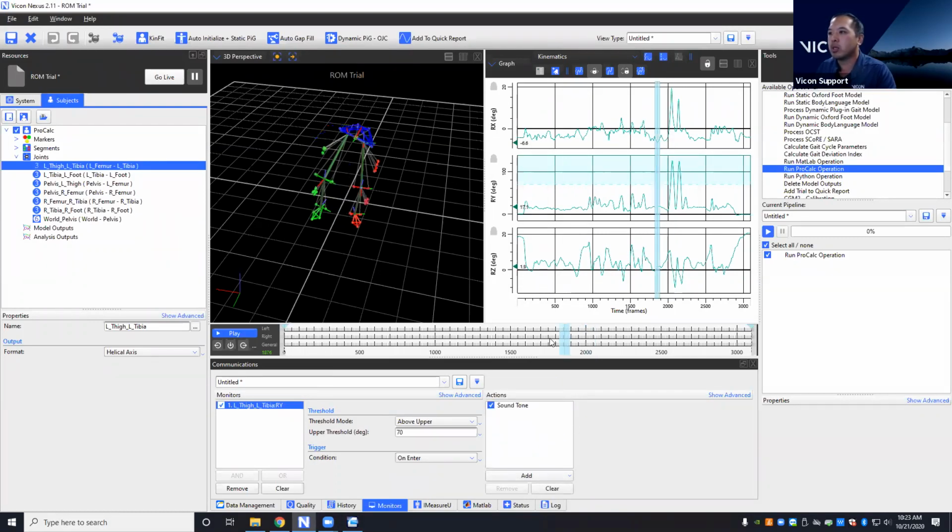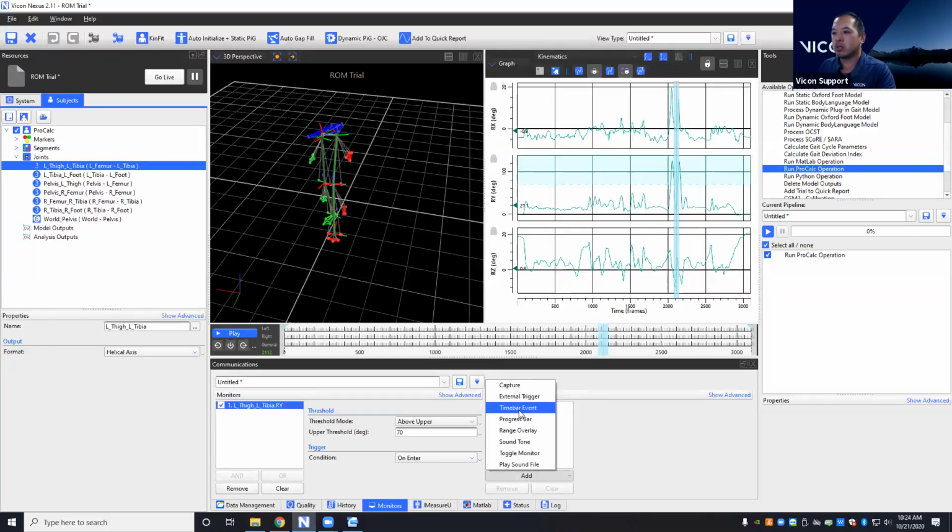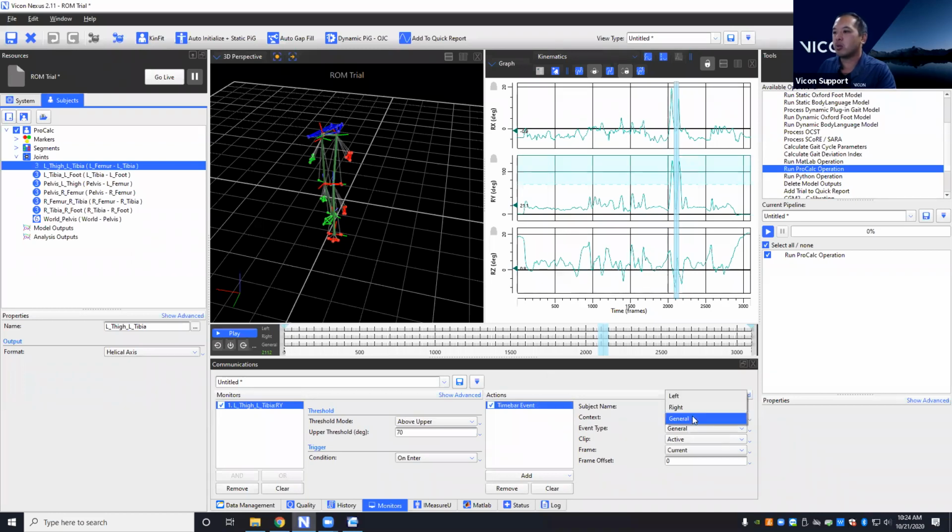Right, so now if I play this through, hopefully you guys can hear. I don't think my speakers... Okay, we'll do this differently. We'll put in an event instead, because that'll be more clear to you. We'll put in a time bar event, and this is on my left side, so we'll make a left monitor. It doesn't really matter what the event type is, but now if I play through, anytime it crosses over that